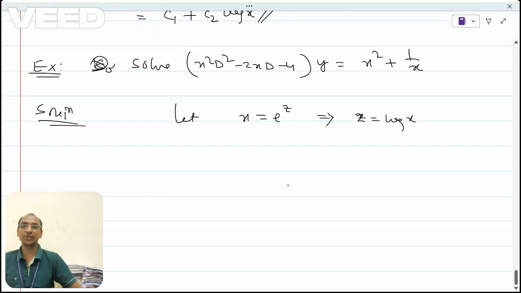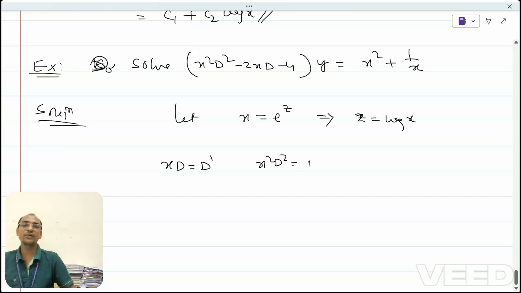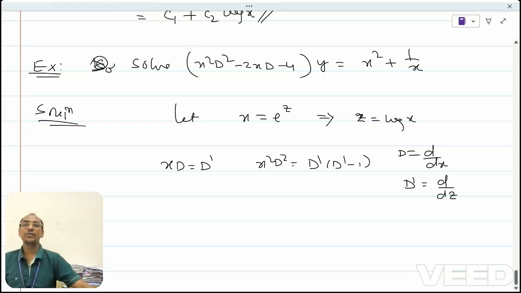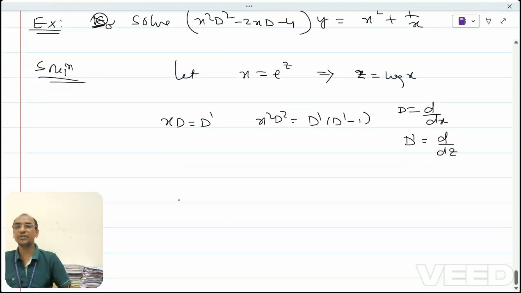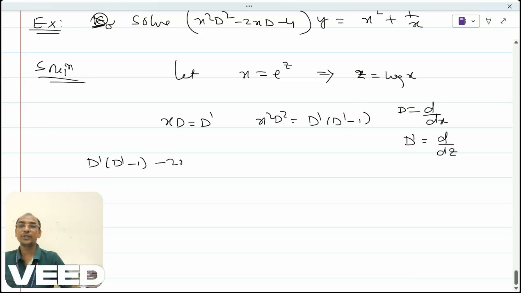Because of this transformation, we can take xD equal to D dash and x square D square equal to D dash into D dash minus 1, where D is nothing but the derivative with respect to x and D dash is nothing but the derivative with respect to z. After substituting these in the given equation, we have D dash into D dash minus 1 minus 2D dash minus 4 of y equal